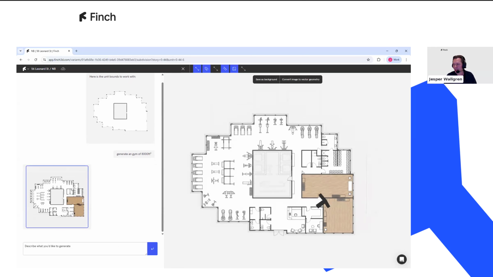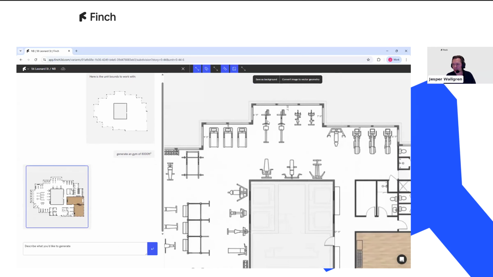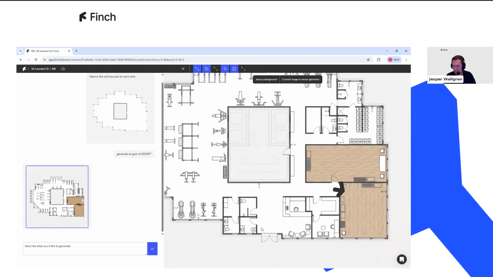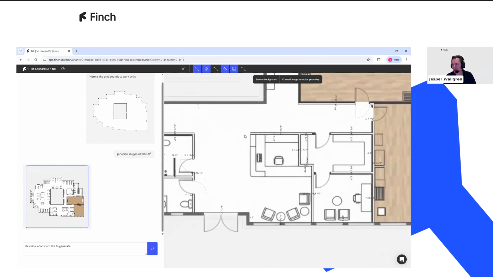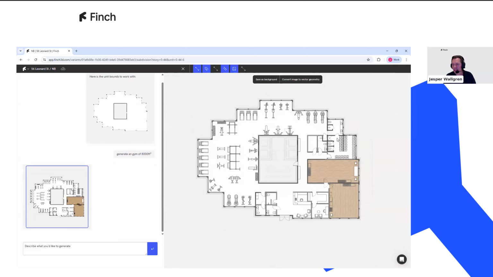Here we say that we get a gym out with all of the gym machines and so on. And it's tracing the walls, and it's up to you to continue from here on. I would say that this is